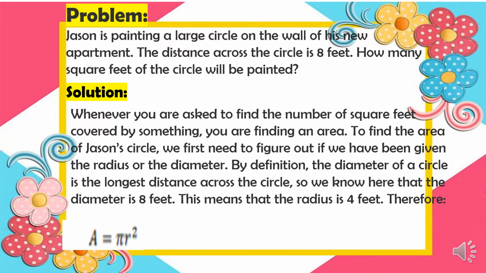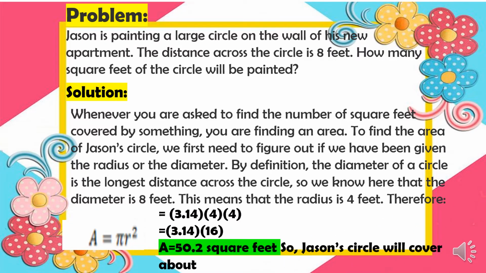Therefore, A equals pi r squared. Pi is 3.14, and then we have 4 feet, so we have to double the radius: 4 times 4 is 16. If we multiply 3.14 times 16, the area is 50.2 square feet. So Jason's circle will cover about